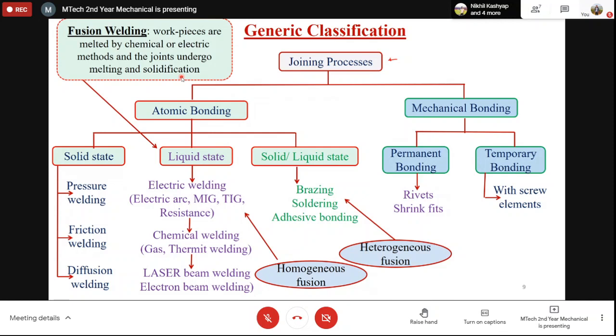So what will happen after reaching the melting point? Nucleation, grain growth, and solidification will take place. Nucleation will happen, then the nuclei will grow, and then grain boundaries will be created. They will have a separate microstructure, or a similar type of microstructure but with a little variation with respect to the microstructure of their parent metal.